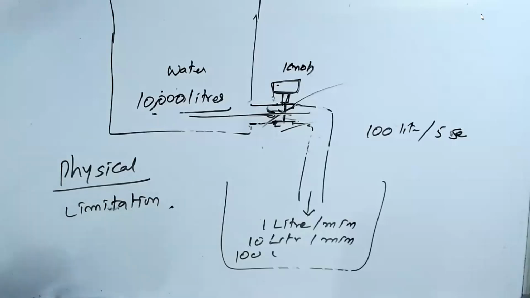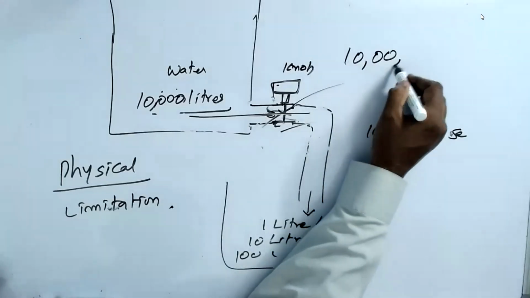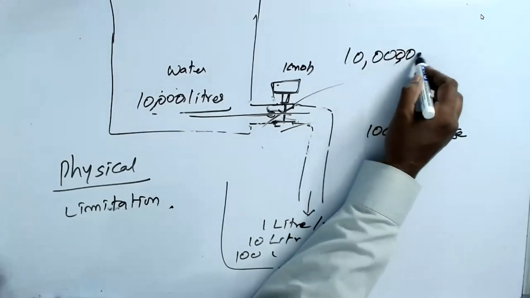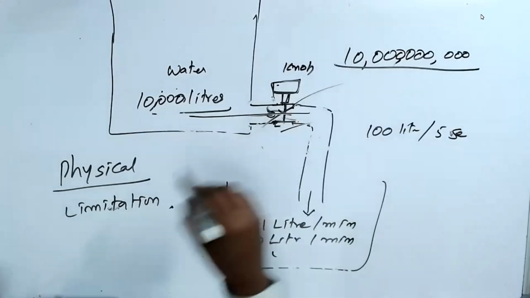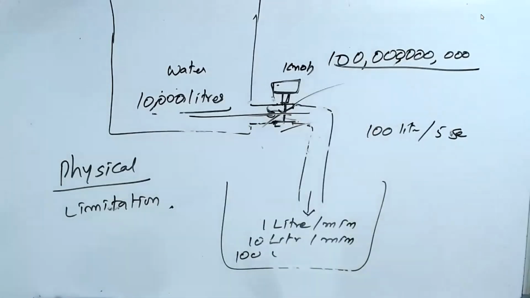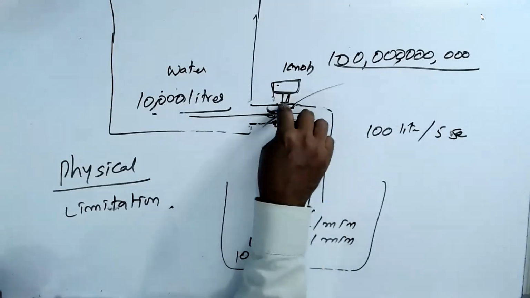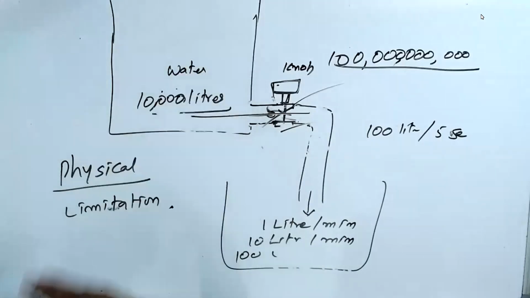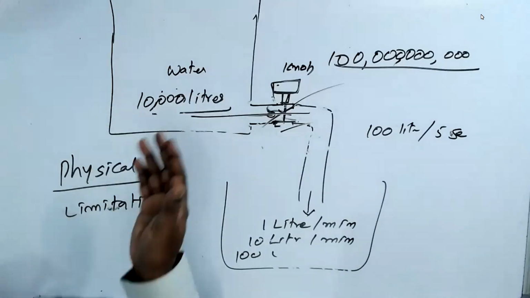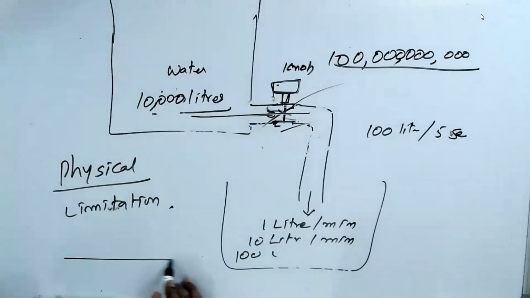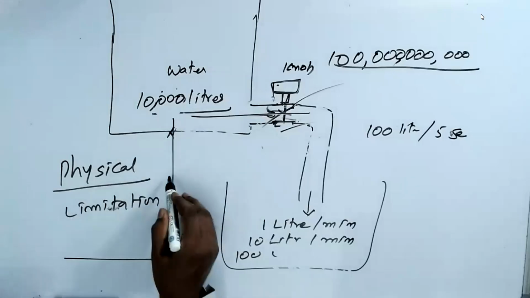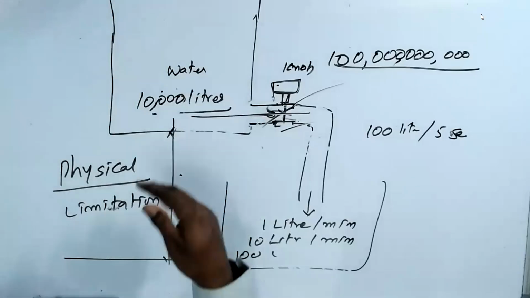Now you may be asking, how come they are putting 10 billion, 100 billion transistors inside a chip? Such a small silicon, how do they do that? That's why I'm saying the size of the pipe matters, the size of the knob matters, and the water tank's pressure matters. How high it is from the ground level, that's what you call the potential difference. That's the gravity difference; here we call it the potential.